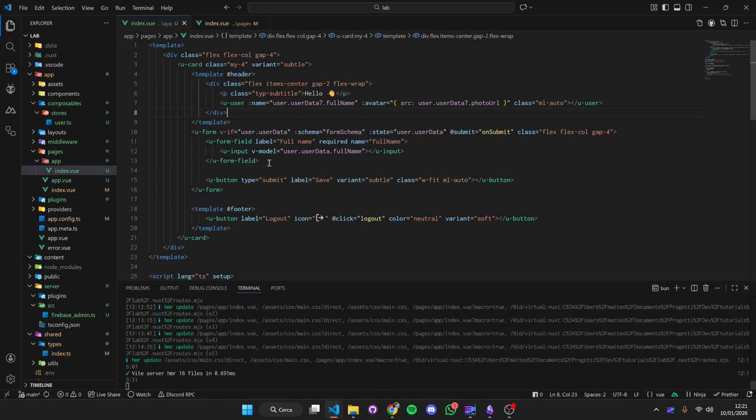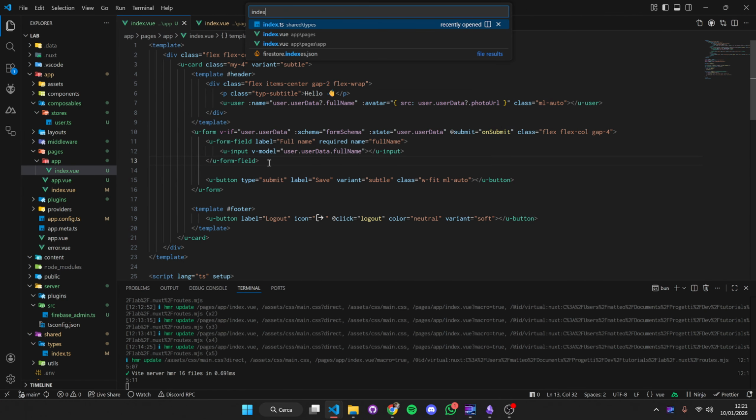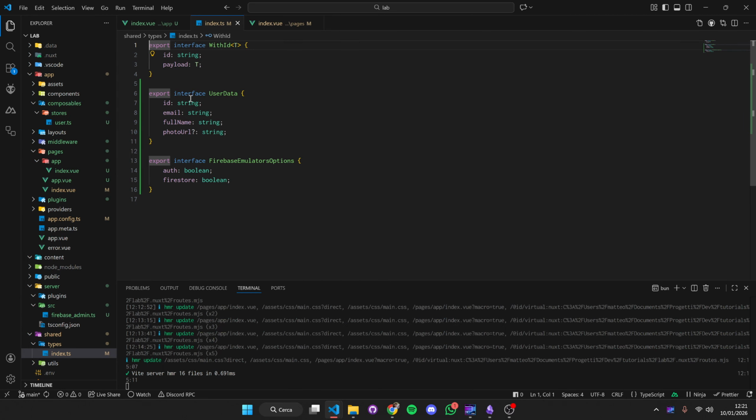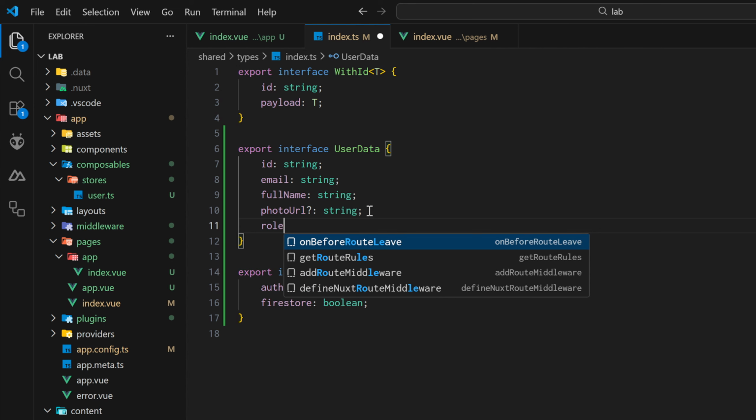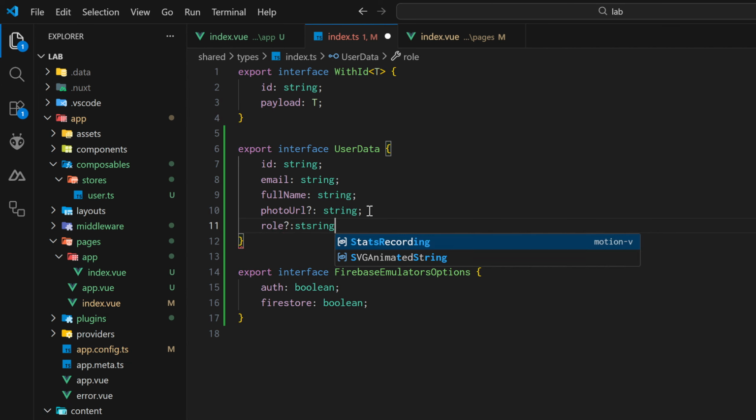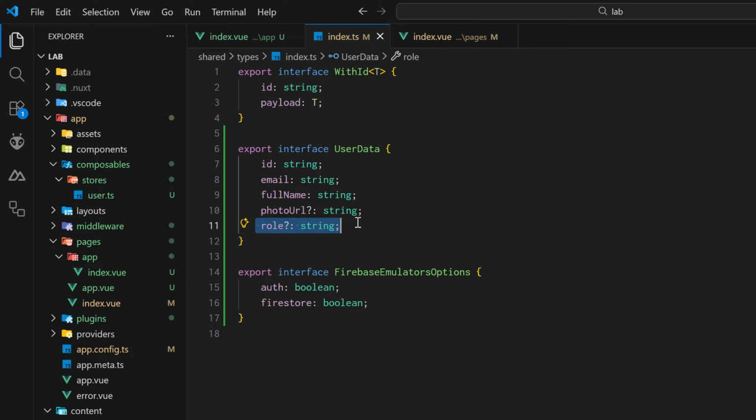So we can go into our application and go into our index share types, or the place where you store this user data. And let us simulate adding a new field. So for example, in this case, I want to add a new field called role, which is optional and it's a string. And it's going to simulate the role of our user. So for example, if we are working in development, management, or marketing, whatever kind of stuff that is. So we have this new role right here, and this is optional, so it's not going to give any error